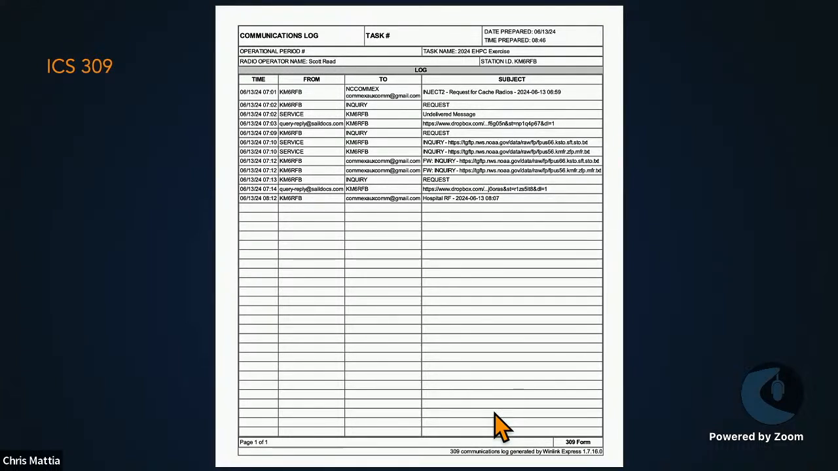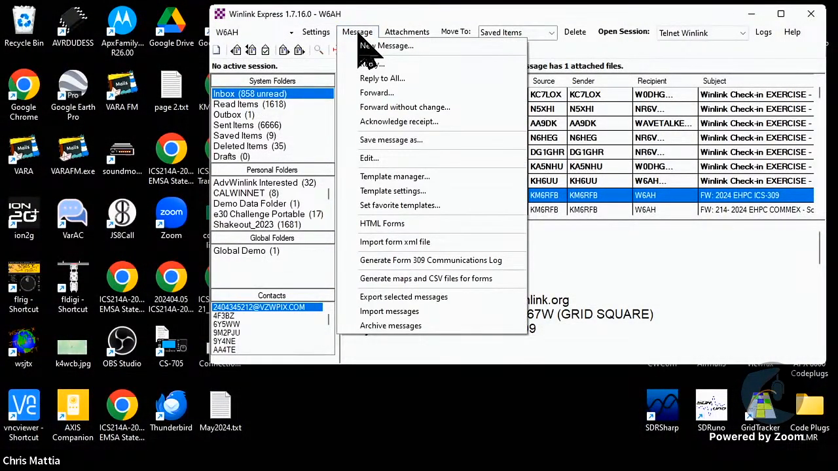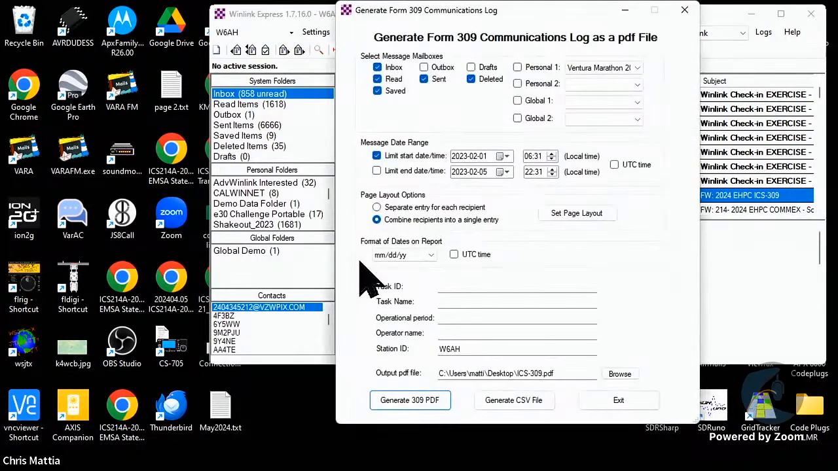Now, Scott, you told me that you created this automatically or automagically inside of Winlink. Can you walk me through how I might create an ICS 309 in Winlink? Absolutely. So if we go to the main Winlink screen and we go to messages and we slide all the way down to generate form 309, communication log,